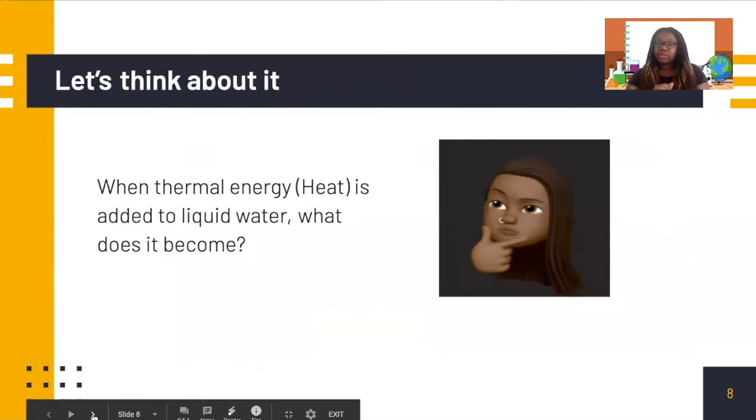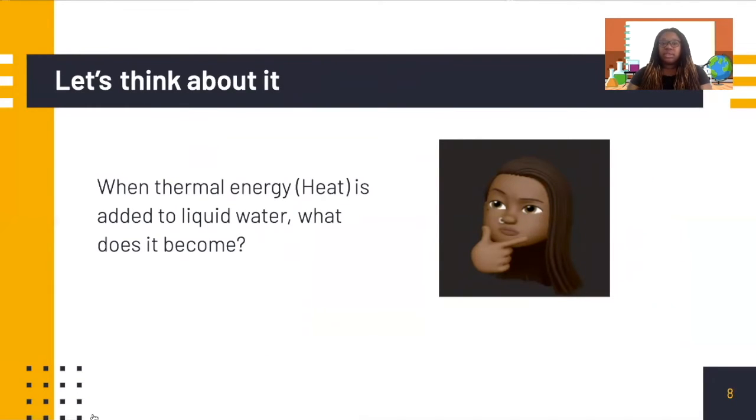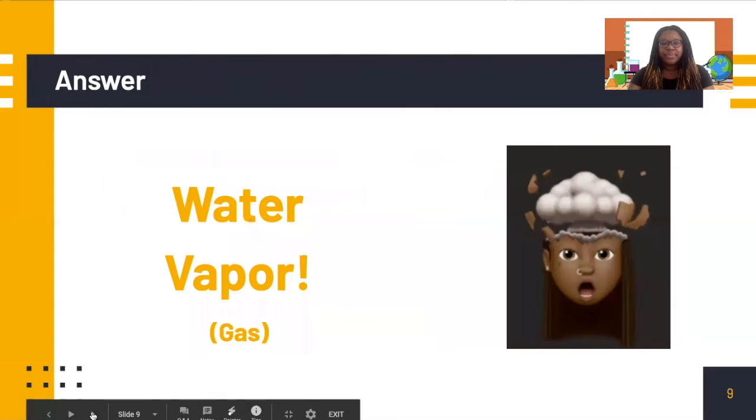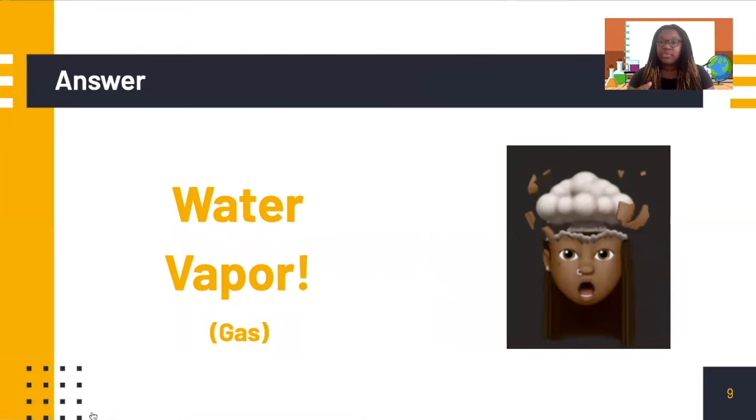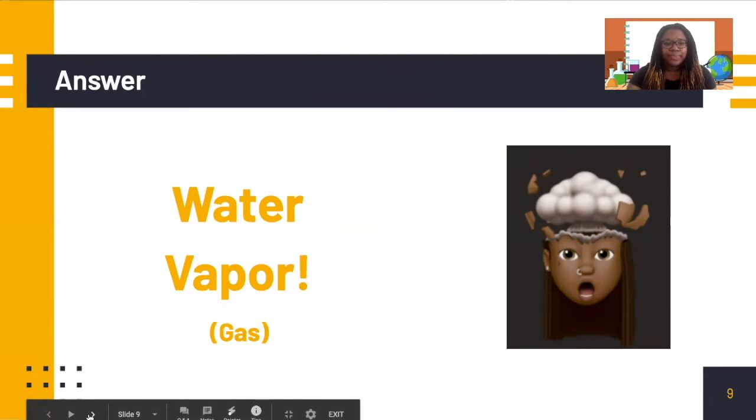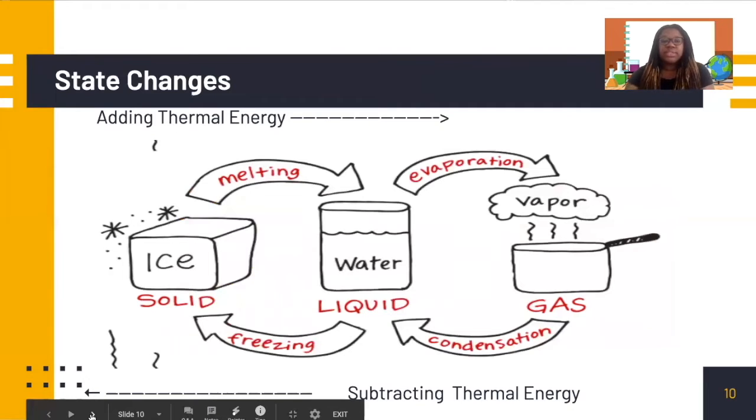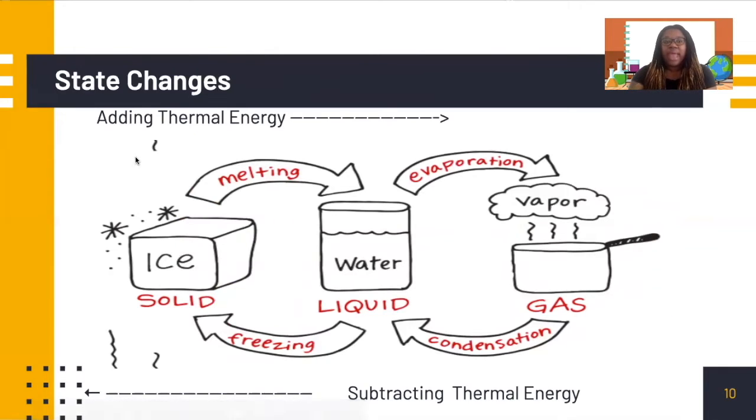So another question. When thermal energy is added to liquid water, then what does that become? Water vapor, right? Gas. If you said that and you guessed it before we switched, you were right. All right, so as you can see in this diagram, when we add thermal energy, it goes from ice, right? It melts into liquid. So we have solid ice melt into liquid water, and then it evaporated and turned into